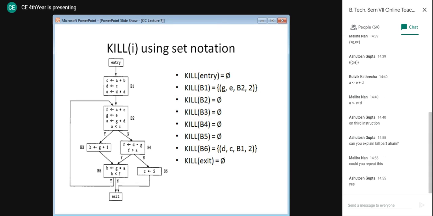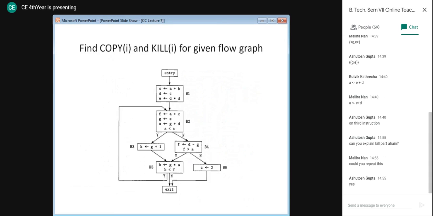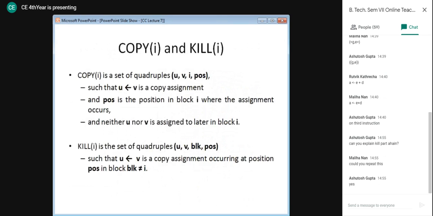Let's assume that. Let's go back to the definition. What we need to do is find such a copy assignment occurring at a position in a block which is not equal to I. We need to find such a copy assignment that we will put into the set of quadruples.